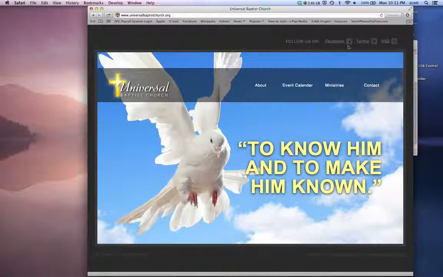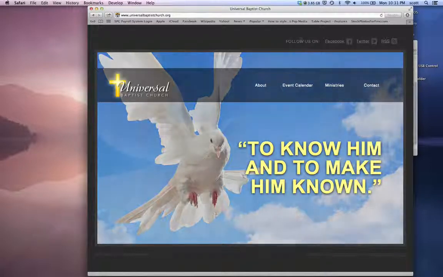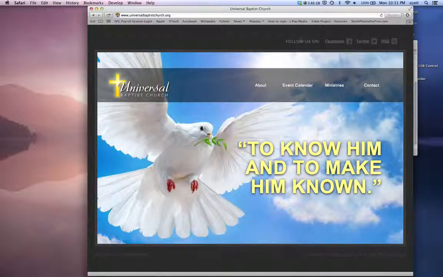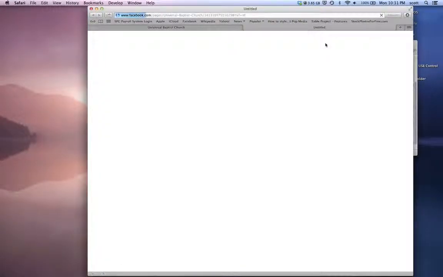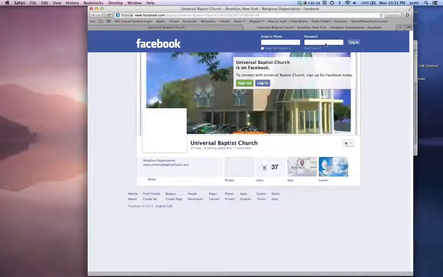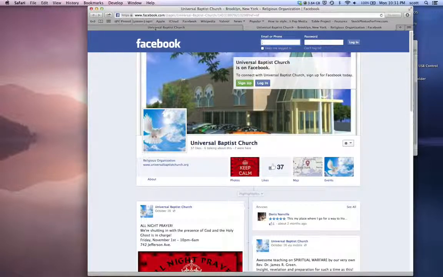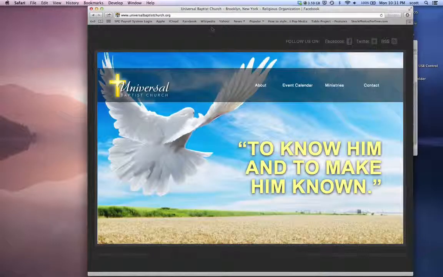On the top here, you have your Facebook, your social connections, and the site is very loaded with a lot of ability for you to connect with all the major social engines out there to spread your message. Here you can connect with Facebook. If you click here, it takes you directly to your Facebook page. It also opens, you'll notice, in a new page, and it doesn't replace your old page, which is an important